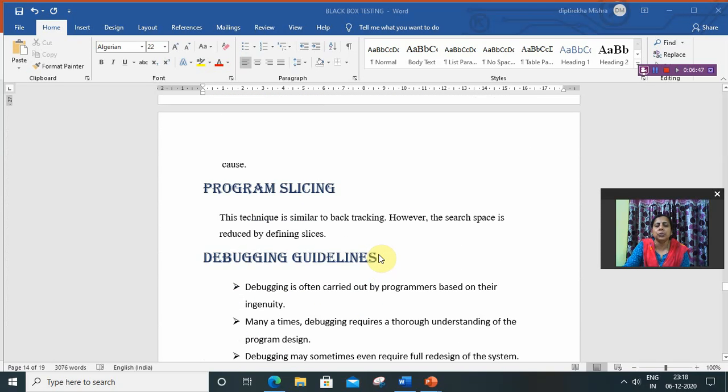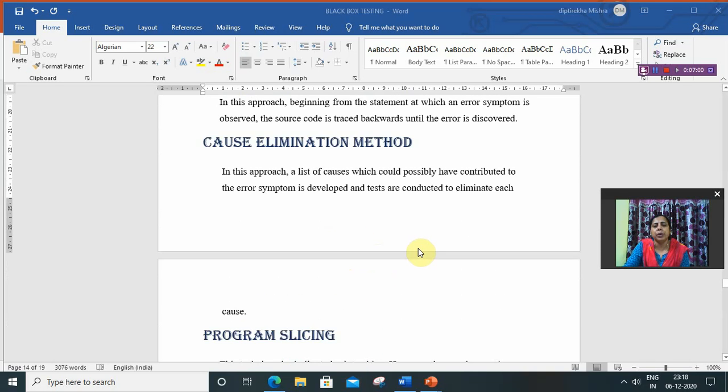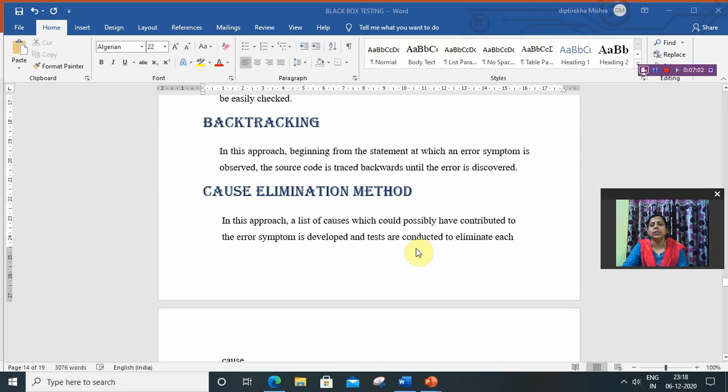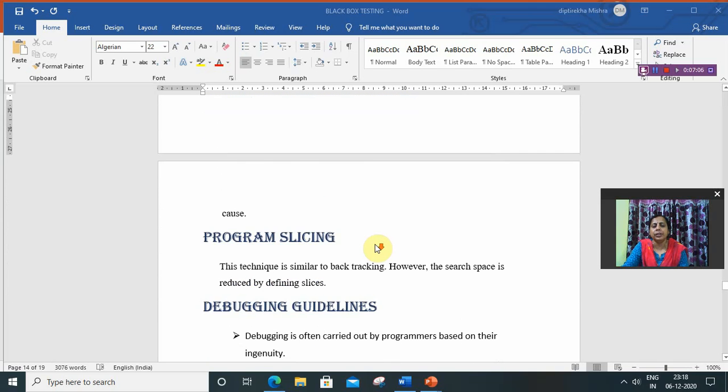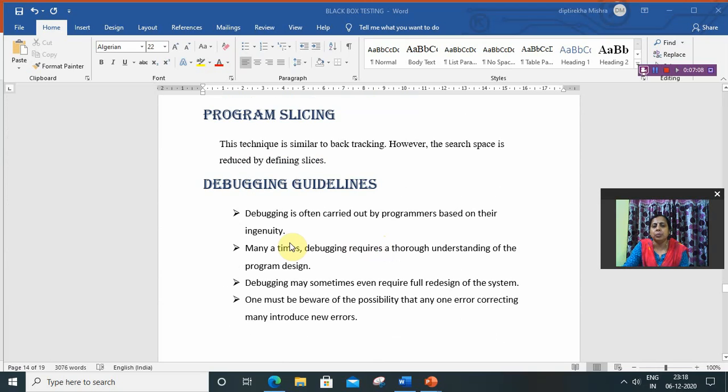And the last one is program slicing. In program slicing, the program is divided into subprograms and checked through backtracking. So these are some debugging methods by which we can rectify the error and generate a good program.